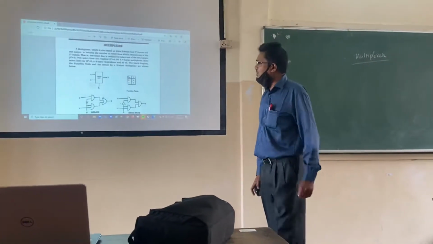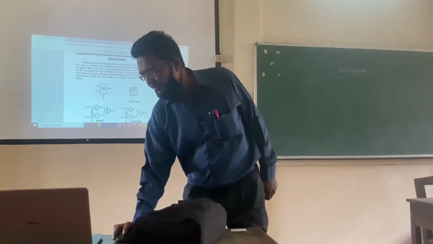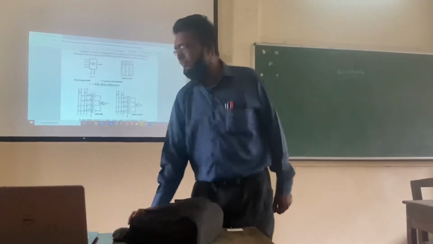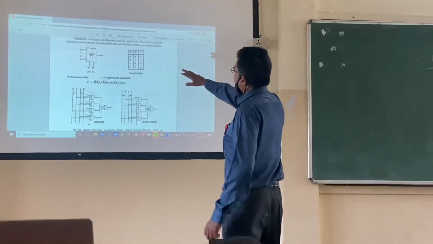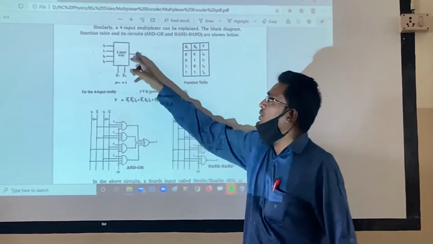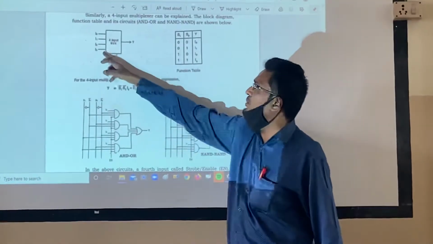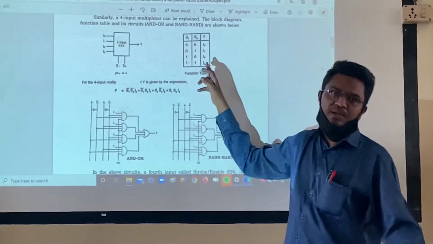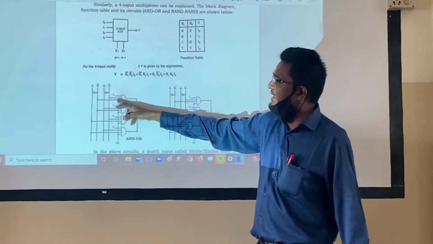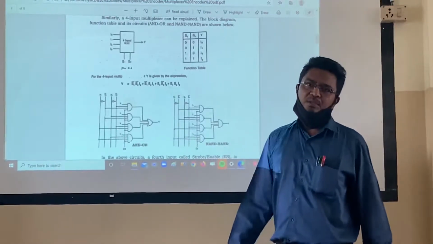I develop this to the next stage, that is 4 to 1. You just see here, and then we have the control lines S0 and S1. If you have 0, 0, I0 will be connected to Y; 0, 1, I1; 1, 0, I2; and 1, 1, I3 is connected. So like that. You just see I0, I1, I2, I3. All these 4 are